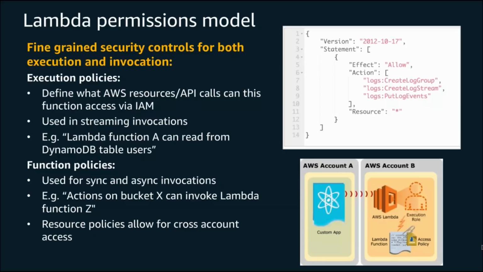Essentially, will I allow my Lambda function to be invoked by Kinesis, or by an API gateway, or say just directly by the API? And so the execution policy and the function policy are 2 core aspects to how you configure your Lambda function. And you definitely want to spend time thinking and understanding what's possible via IAM and the resource policies that are aligned with this. And so when we talk about the configuration of our Lambda function, the responsibilities around configuring the permissions model are something that you as a developer need to spend time thinking about what you're doing there.